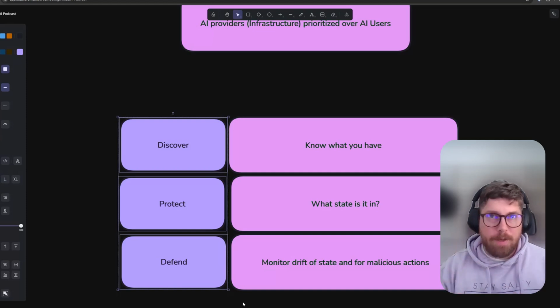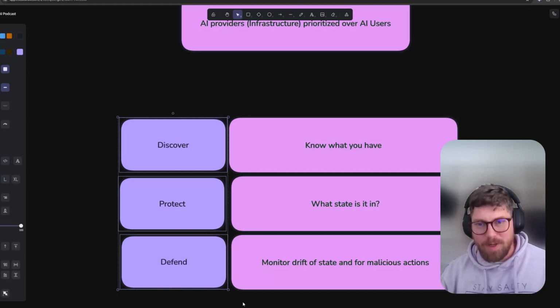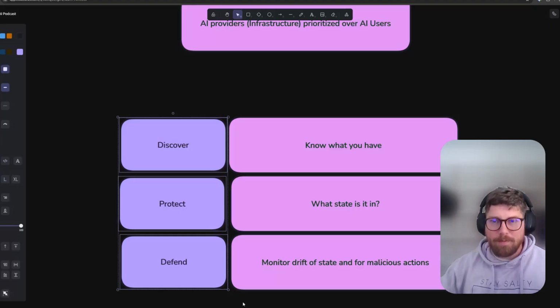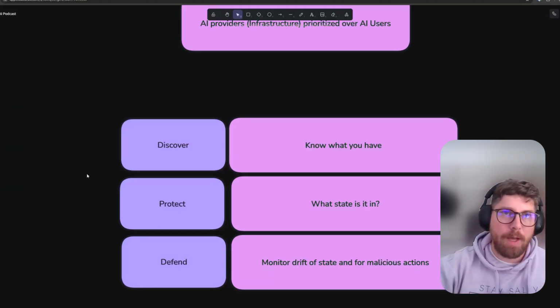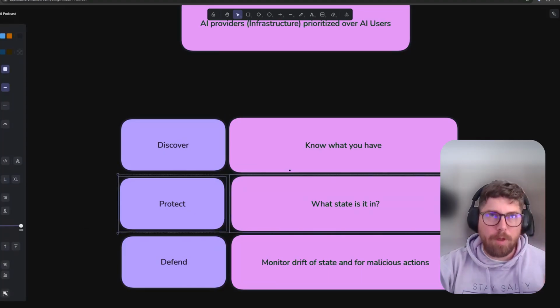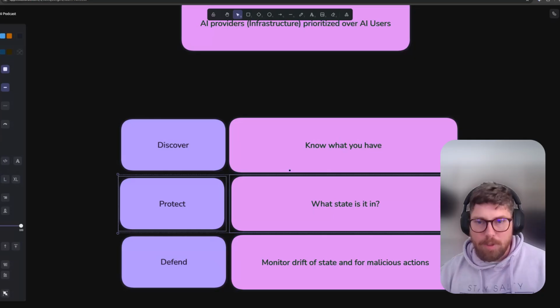Discover is just, you've got to know what you have. That's the question we get most of the time from organizations right now related to AI: they want to know what they have. Once you know what you have, you can start understanding the risk of it. That's our protect module, where we understand the exposures associated with the identity that has AI connections. And then